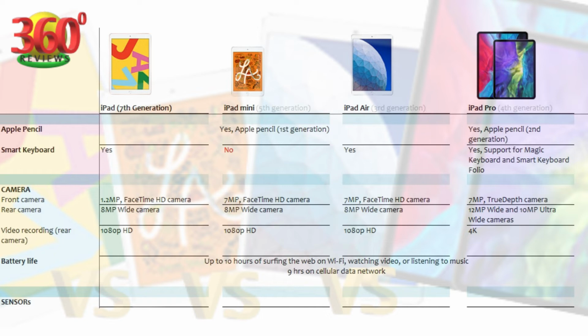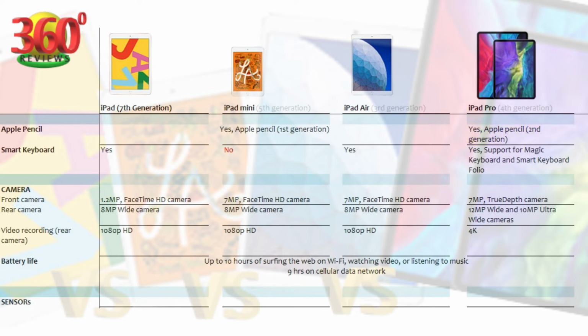However, only the Pro series supports the latest Apple Pencil 2, which has the ability to magnetically attach to the iPad sides and charge and pair wirelessly. However, both Pencil 1 and 2 have tilt and pressure sensitivity, and they also support palm rejection. So almost the same features in both the pencils.